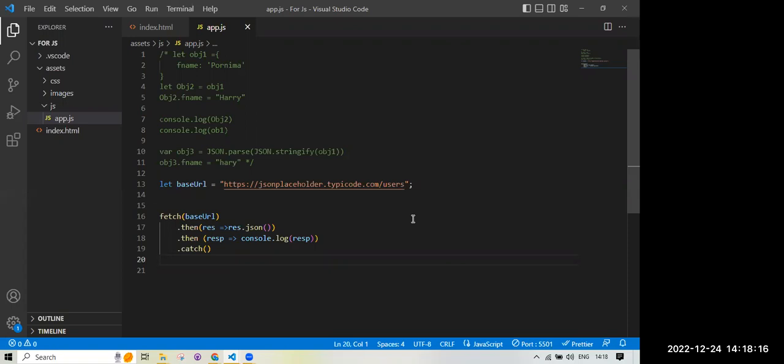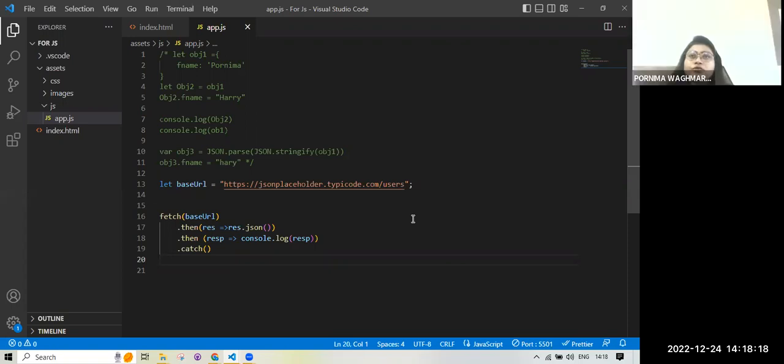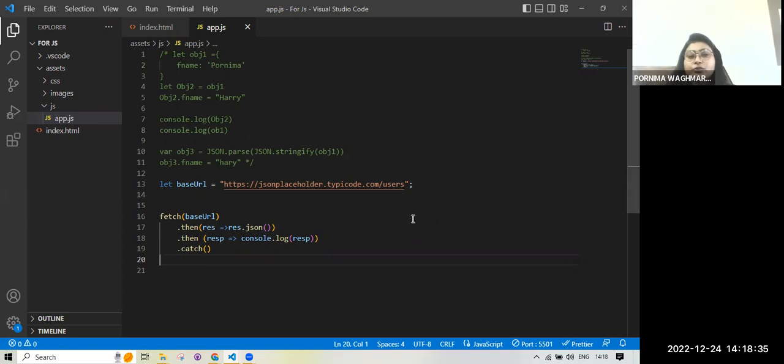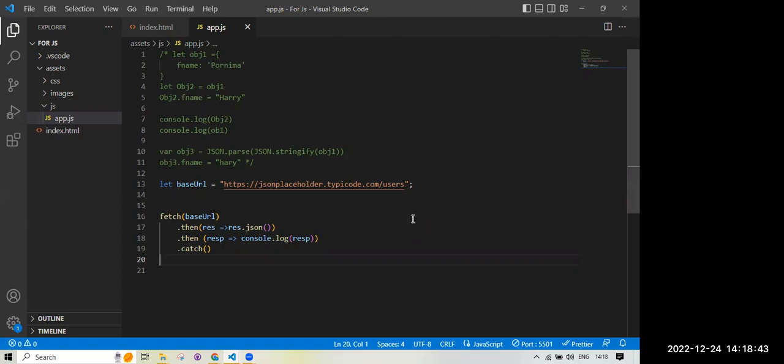For communicating parent to child with input output decorators, we require a parent child relationship between the components. And services are available throughout all the components, so we can use them whenever we want in any component.